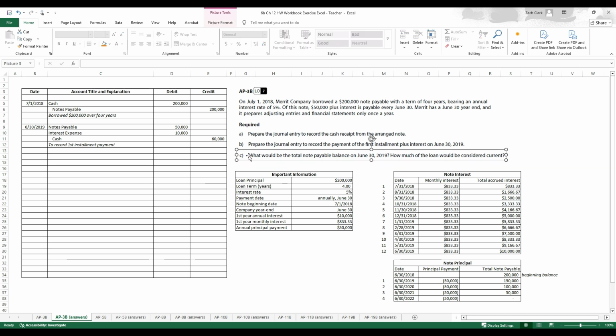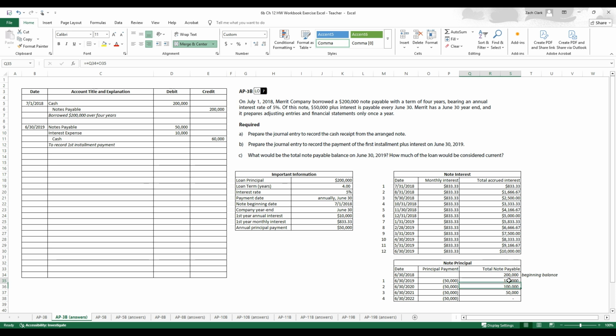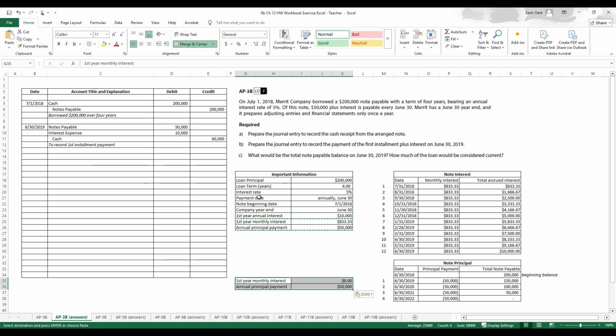And then C says, what would the total note payable balance be on June 30, 2019? And we can see we calculated that with our table. So it'd be $150,000. How much of the loan would be considered current? Well, what's considered current here, I'll put a little extra table down here,